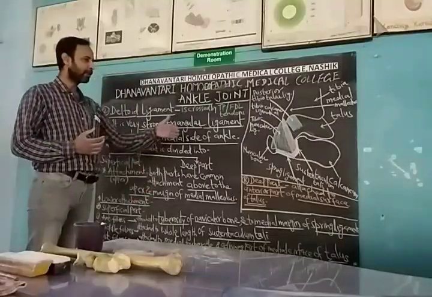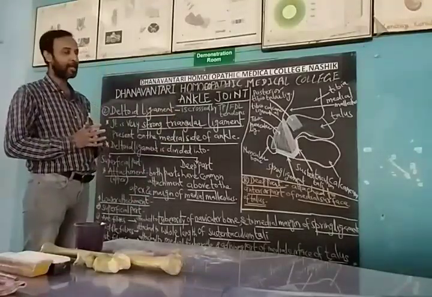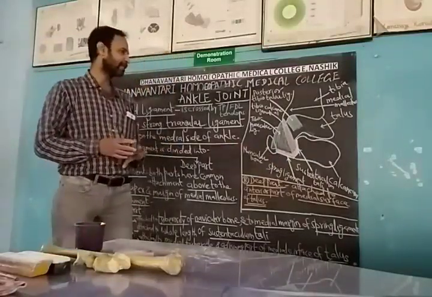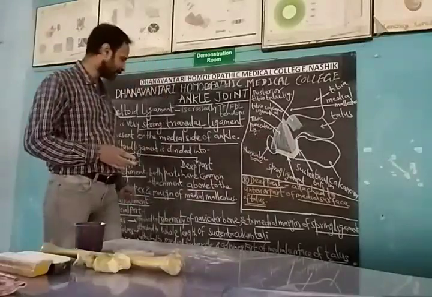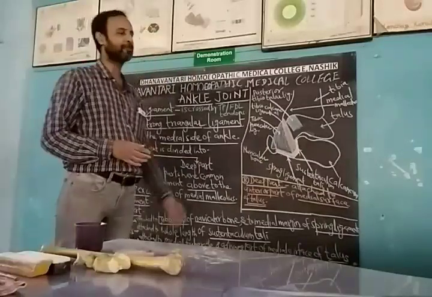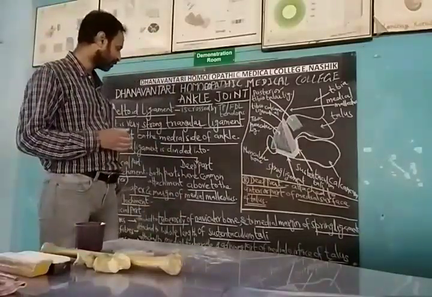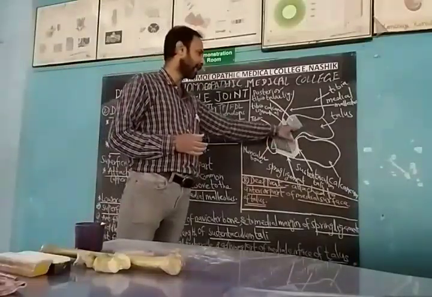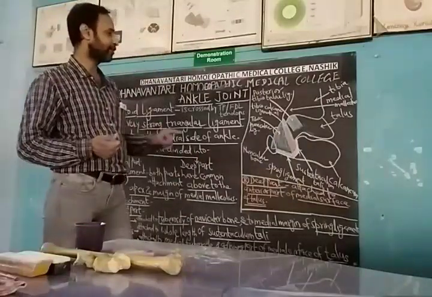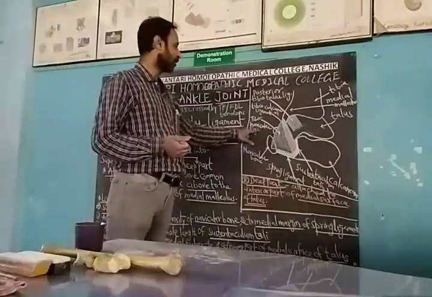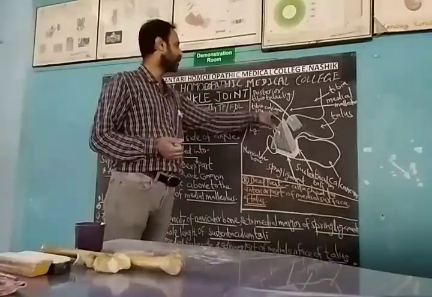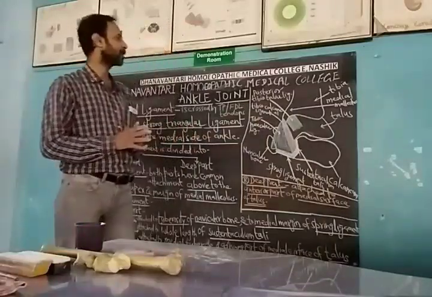The anterior fiber is attached to the tuberosity of the navicular bone and the medial margin of the spring ligament. The middle fibers are attached to the whole length of the sustentaculum tali of the calcaneum, and the posterior fiber is attached to the medial tubercle and the adjoining medial surface of the talus. That's the reason the anterior fiber is also called the tibionavicular ligament, the middle fiber the tibiocalcaneal ligament, and the posterior fiber the posterior tibiotalar ligament.